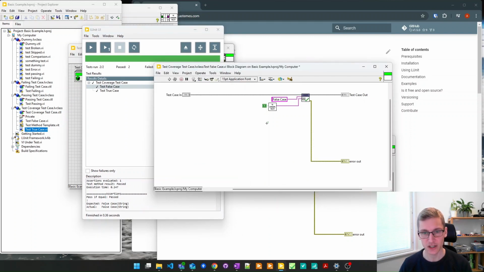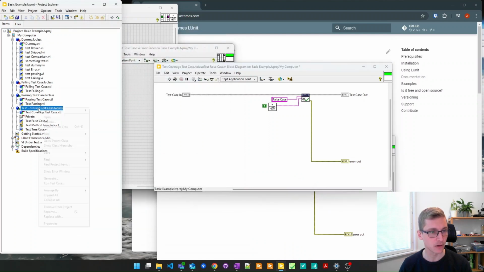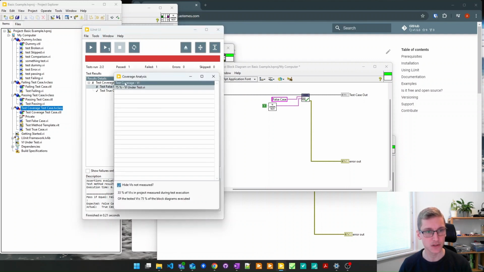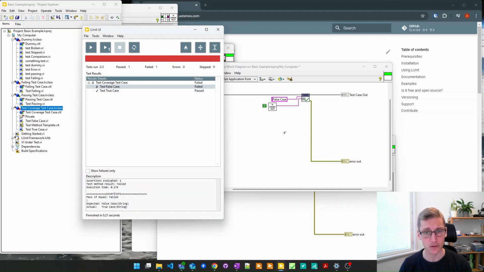So if we, for example, then change this to true, then the false case will never run here. And if we now run this test case and we enable coverage analysis, you see that we only get 75%, and that's how LabVIEW counts